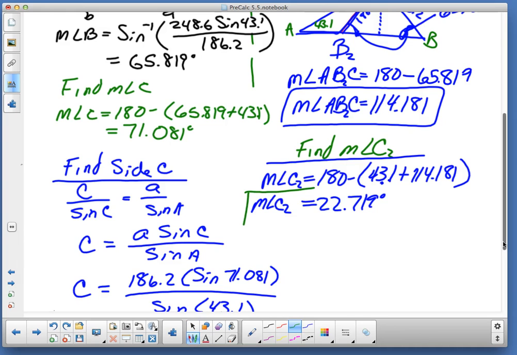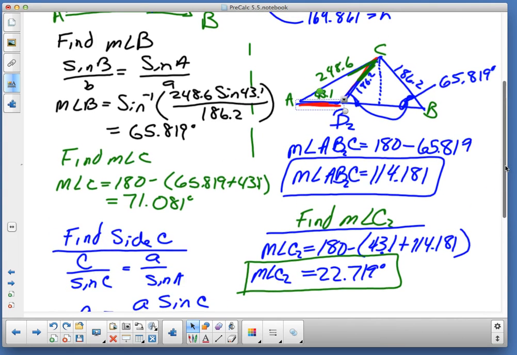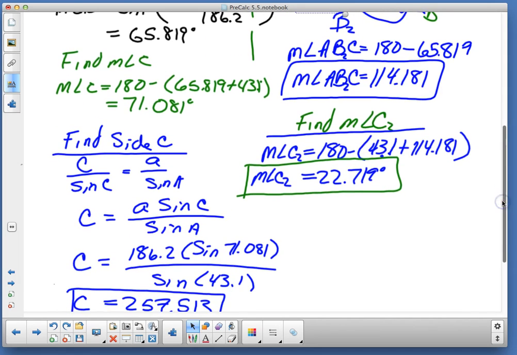Maybe I should box that in. And now we got side C. That smaller side, let's get a red value there. That's the side I've got to find right up there. Let's get the whole picture so you can see. I'm going to find that red value right there as we go through. So this next one is, again, the reciprocal, and as we go through, we're going to find